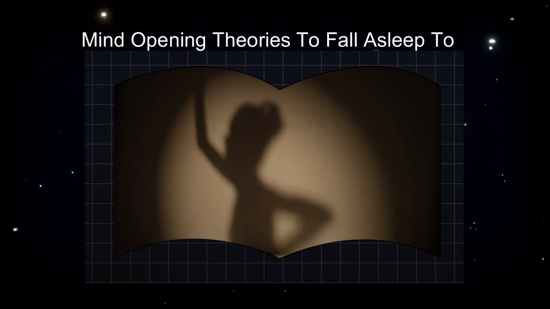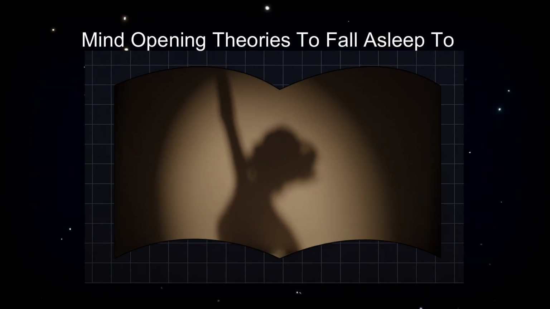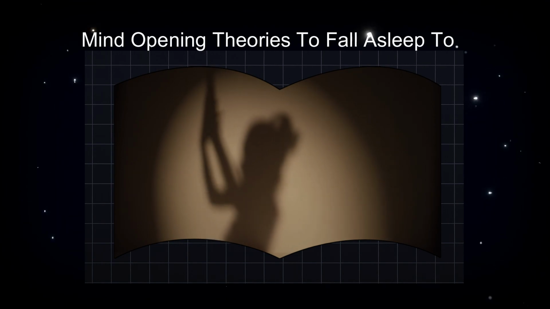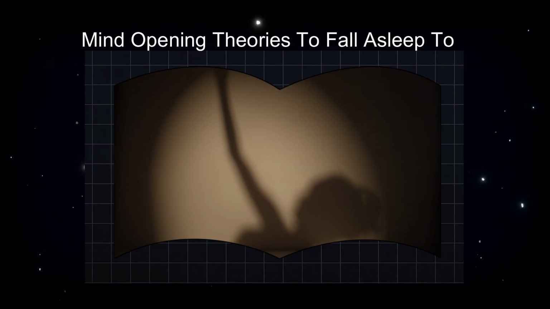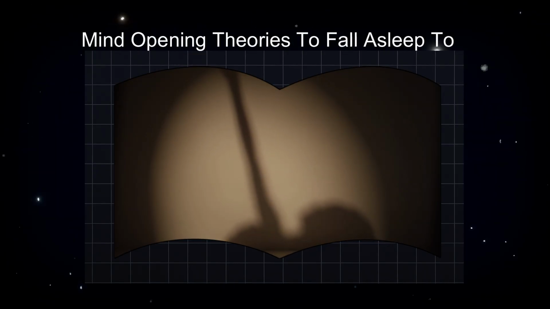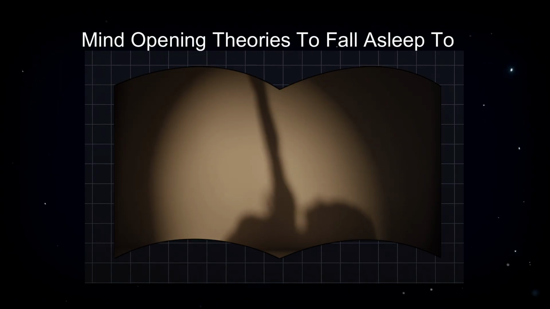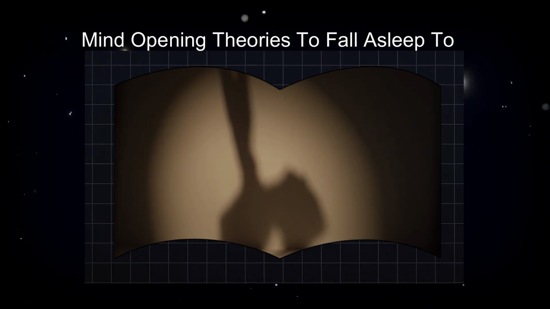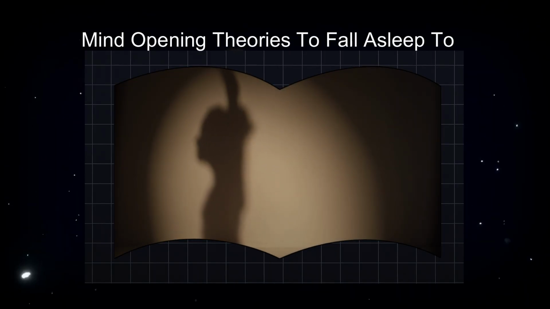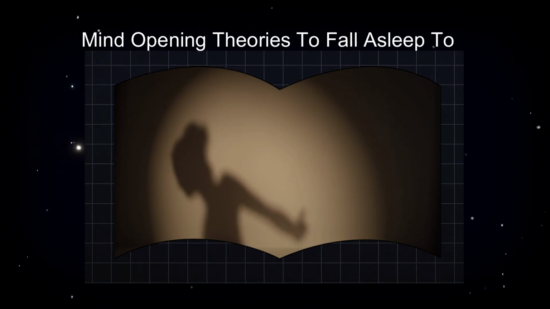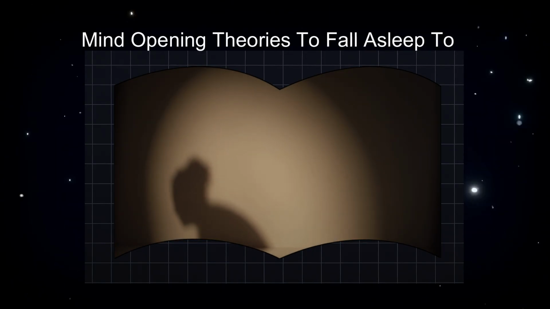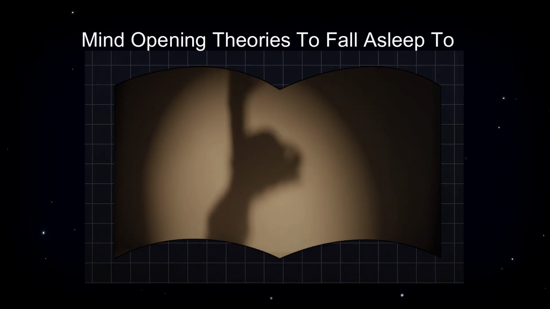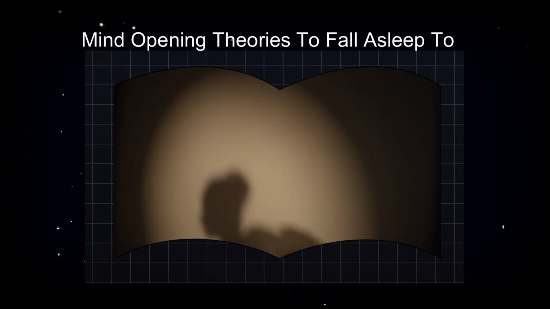Let's look at the mismatch first. General relativity tells us that gravity isn't a force, it's the curvature of space-time. Massive objects bend space like weights on a stretched sheet. That model works beautifully for black holes, galaxies, and the expansion of the universe. Quantum mechanics, on the other hand, rules the small stuff. It deals with particles, waves, uncertainty, and probability. Forces like electromagnetism are carried by particles, photons, for instance. But when we try to apply quantum mechanics to gravity, things break down.